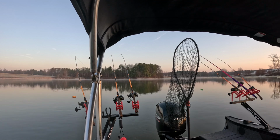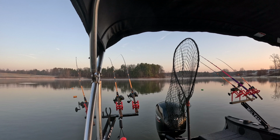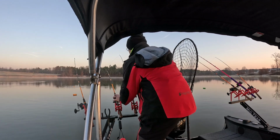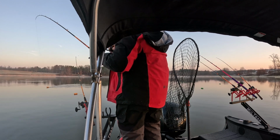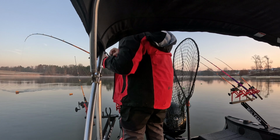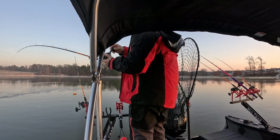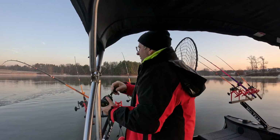Right there. Getting a hit there. Not sure if he hooked up or not. I don't think he did. Okay. Yeah, he's still there. All right, I'll take him. I don't think he's very big, but we're still marking a ton of fish on the fish finders. All kind of activity going on right here. Normally I would hardly ever fish this because we're right off from the ramp. It's usually so busy here. Boat traffic would drive you crazy, but